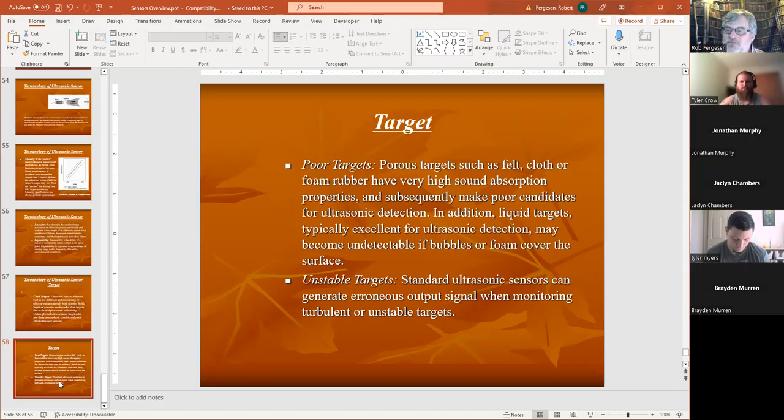Things like bubblers and other methods of measuring height and pressure and so forth, because we've got a lot of different kinds of sensors out there. We might want to measure pressure. We might want to measure flow rate. We might want to measure a whole bunch of things. But this presentation kind of gets you started with some of the basic terms, shows you two basic styles, the proximity sensor and the analog ultrasonic sensor. And then in the rest of the course, we're going to dive into these and then a whole bunch more after that. All right, so